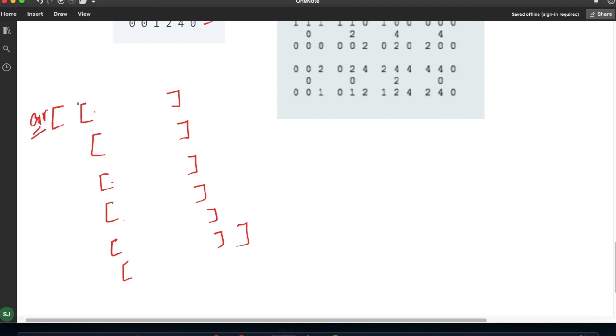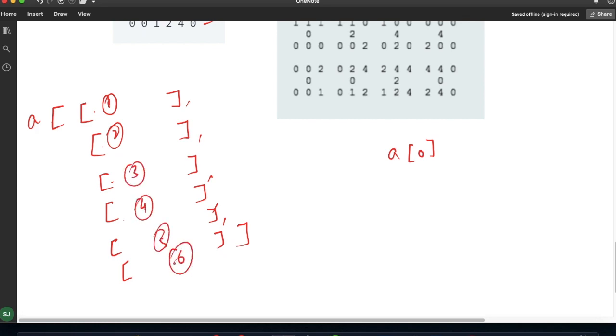So if I write here A of 0, suppose this is A, it will simply return me this very first list. Suppose this is my list 1, this is my 2, 3, 4, 5 and this is the sixth list. So A of 0 will simply return me the very first list.